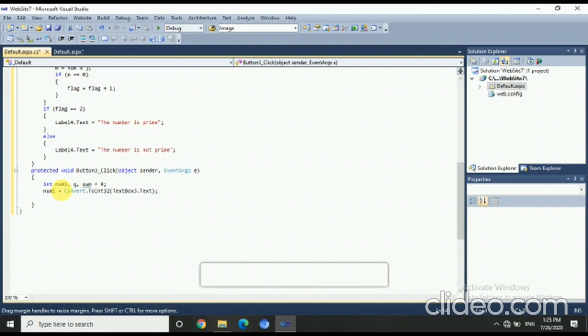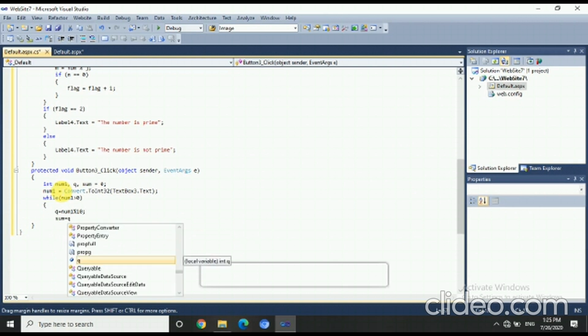Now we have to write a while condition, and the condition is while variable num1 is greater than 0. Inside the while loop, variable q is equal to variable num % 10. Then variable sum is equal to q plus sum into 10.